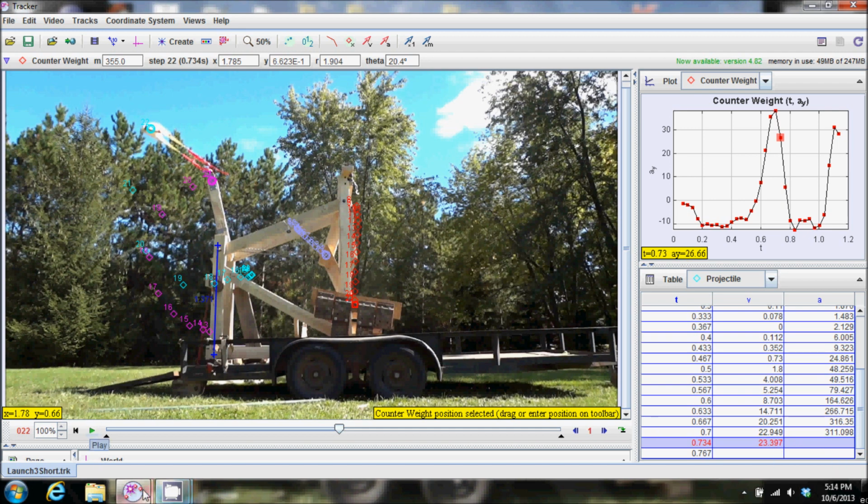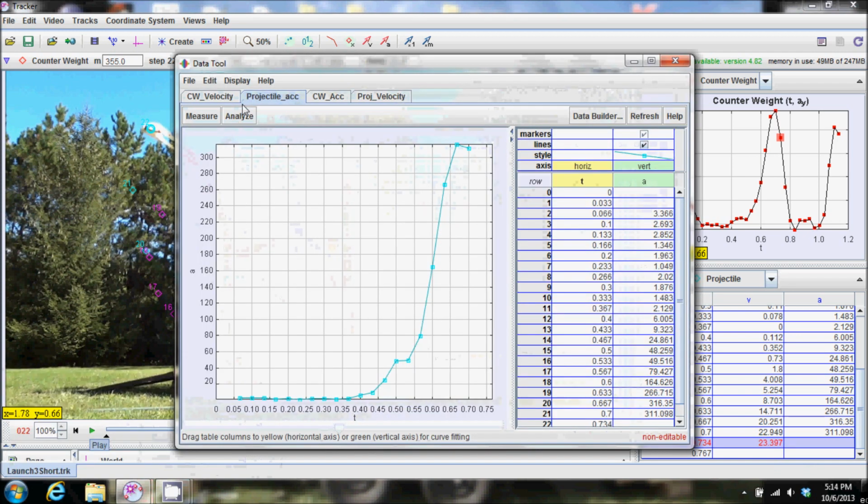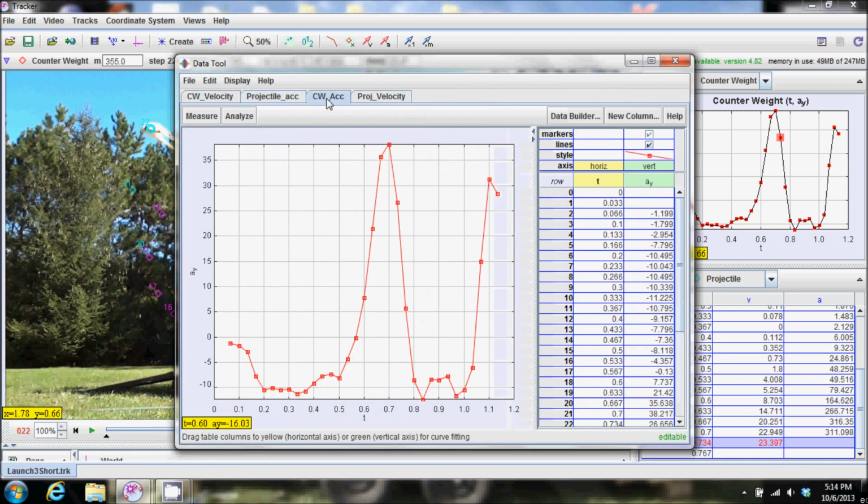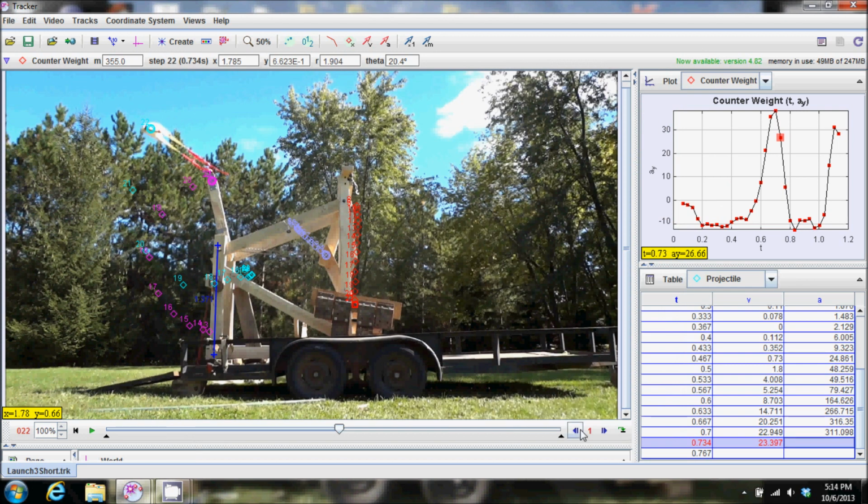The second thing I noted on the graph showing the counterweight acceleration, you can see that while it's free falling, it's right around 10 meters per second squared, and the acceleration due to gravity is 9.8, so we're pretty close there. I also, in this frame,